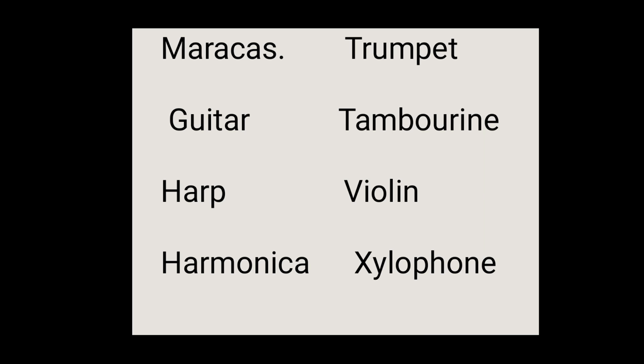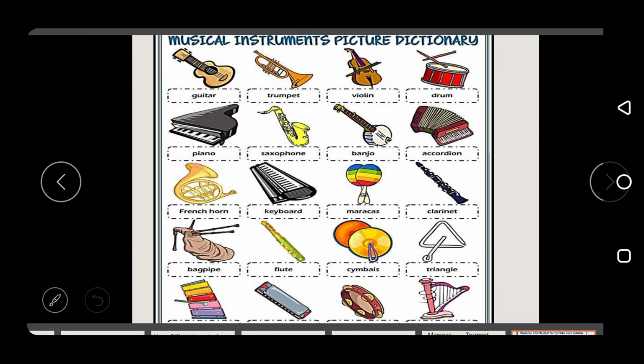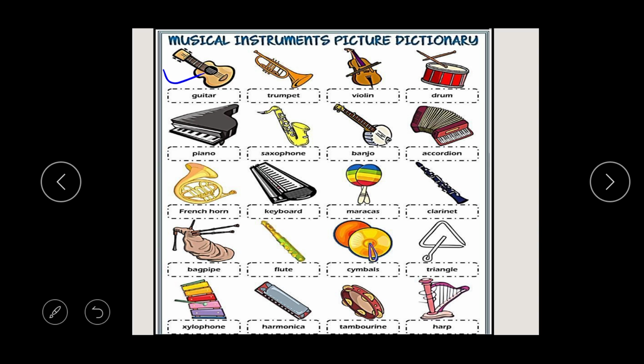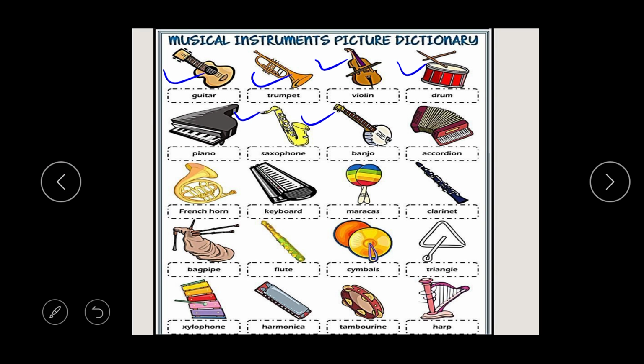Different kinds of musical instruments, different kinds of names, different kinds of sizes, different kinds of ways you can play them. So look at this picture, look at the musical instrument picture dictionary. We have the guitar right here. We have the guitar, we have the trumpet. Look at how it is. We have the violin, we have the drum, we have the piano, we have the saxophone, we have the banjo,